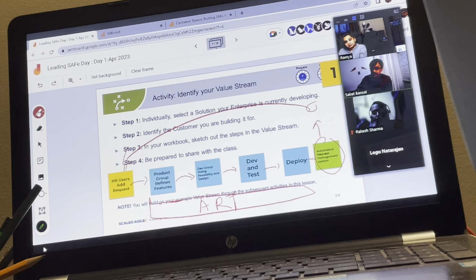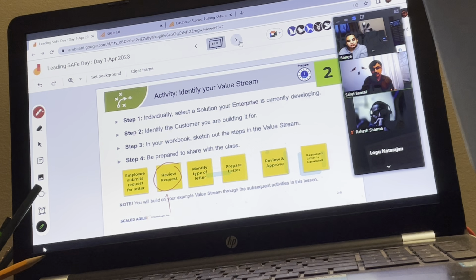Now, why should we care for it? Probably they will use this product while doing it. So maybe this particular value stream, which is here, will say that they are operational. The review request, they might use our automated system here. They will use a system which is built by another development team. So operational value stream, as we will go in detail, will consume development value stream results. That's the reason we need to care for both.